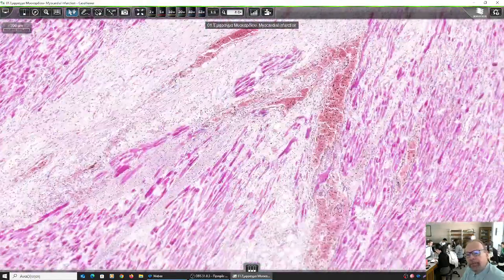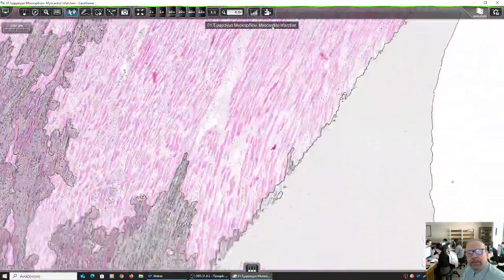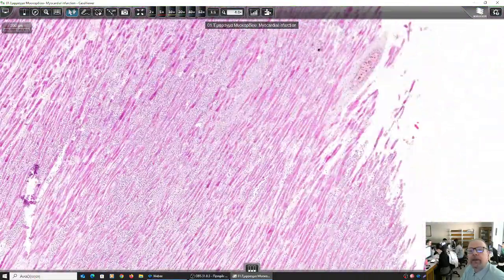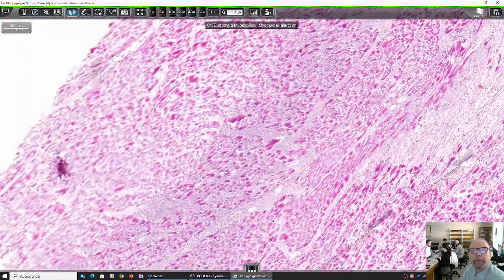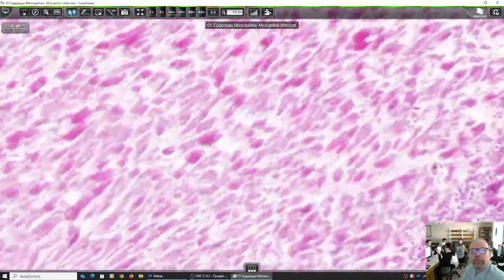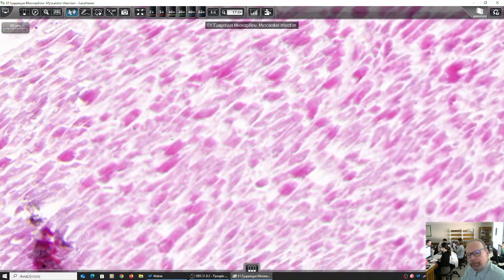So, what do we see here? Look, we have all these cells. Let's try and see all over here. Okay. So, what's wrong with these cells? You see, they are fragmented because this is a result of acute ischemia. This is coagulative necrosis. So, these are necrotic cells, and what we see is some sort of the contour of